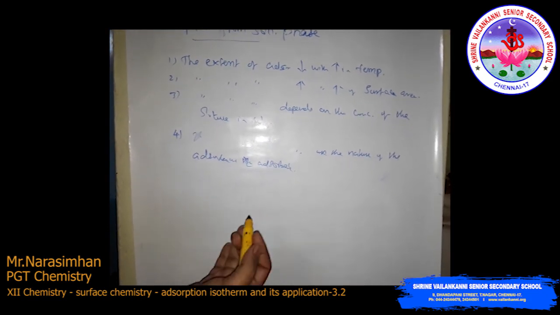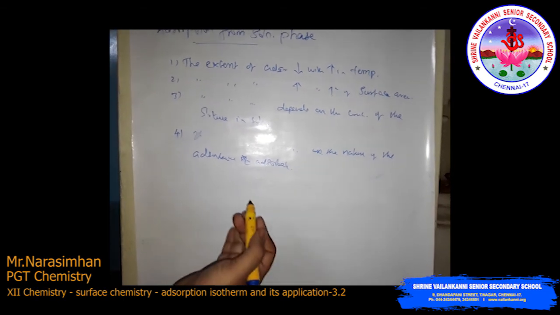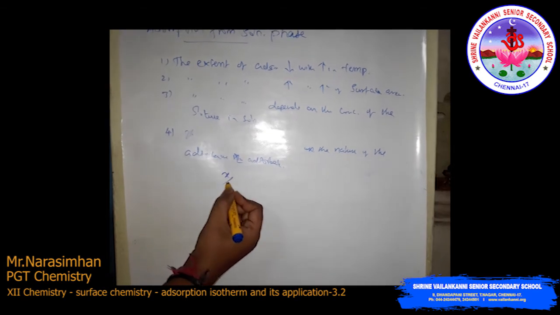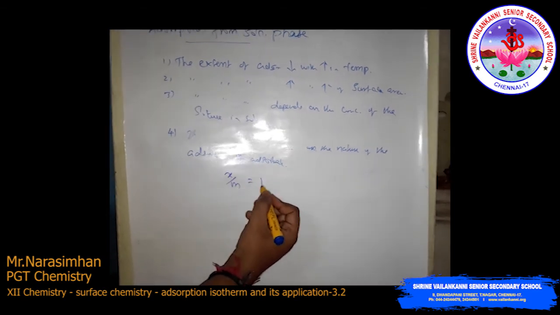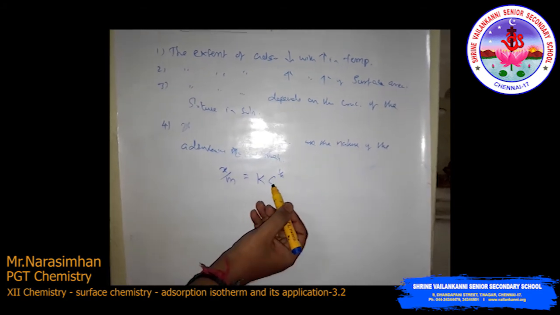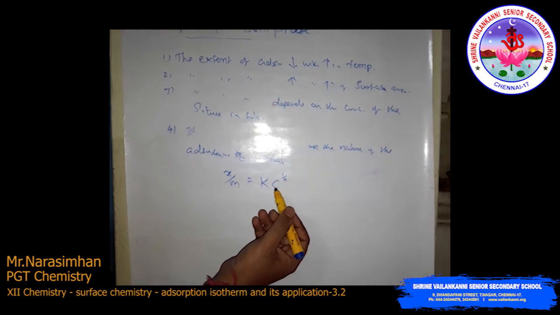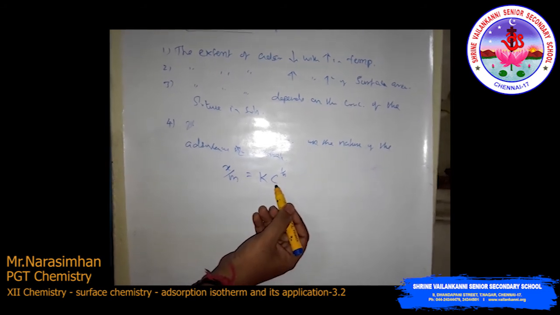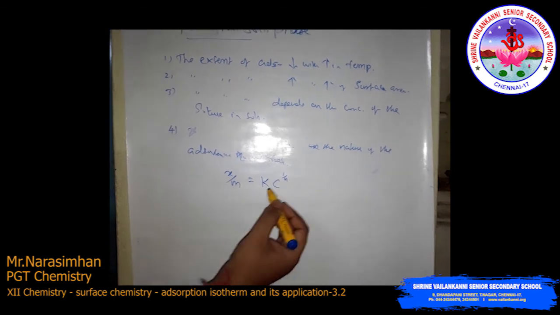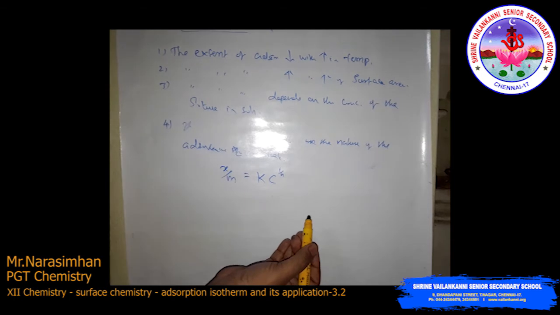The Freundlich equation approximately describes the behavior of adsorption from solution, with concentration instead of pressure. See, for example, x/m = k c^(1/n). Here, instead of pressure, because it is the solution phase; in the gaseous phase pressure occurs, but in solution it is concentration, so c. So c power 1/n, where c is the equilibrium concentration, that is, when adsorption is complete.